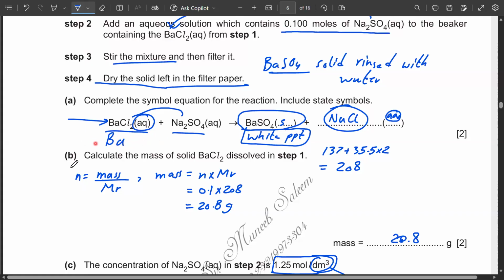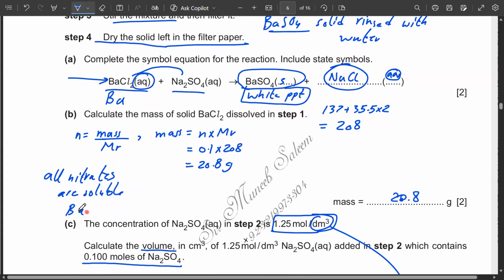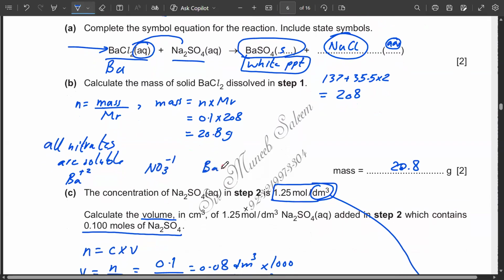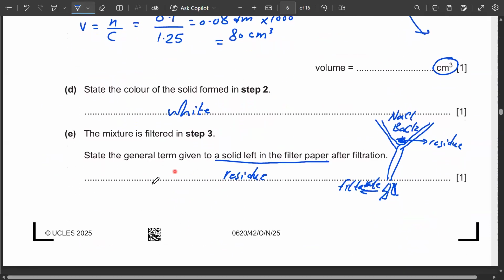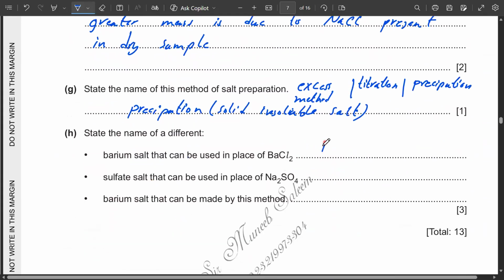We remember from the literature that all nitrates are soluble, which means we can consider barium nitrate. And what should be the formula? The barium nitrate formula must be remembered. We remember the formula of nitrate is NO3 minus 1, whereas the charge on barium is plus 2. So if you combine them together, you will get the formula Ba(NO3)2. So this will be the formula here. We can have barium nitrate,